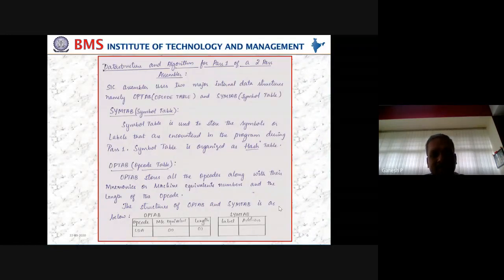So now, before we go in detail about PAS1 of a 2-pass assembler, our discussion for today is the data structure and algorithm for PAS1 of a 2-pass assembler. So why are we discussing data structures and algorithm? Because we are not going to do manual assembly here. We are trying to design or generate a software, a system software rather, for an assembler, which is going to consider an assembly level program in SIC, process that and provide us an intermediate file. So our responsibility here is, if you are given a task to write a program, how you are going to write it.